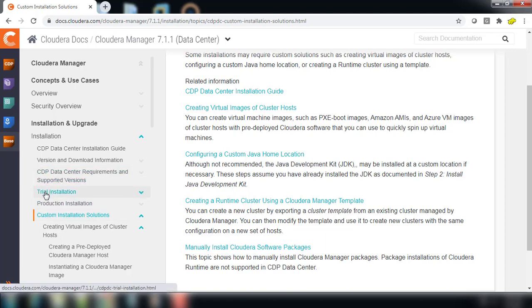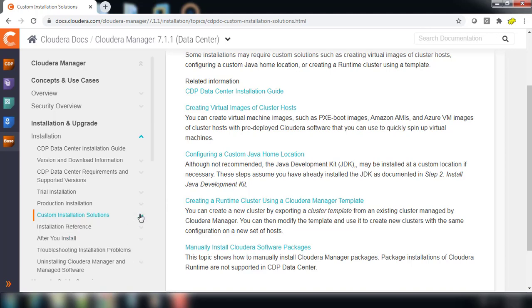At a very high level, you can see three kinds of installation: trial, production, and custom. We mainly focus on trial and production. Maybe once we get some time, we will look into the custom installation option also.